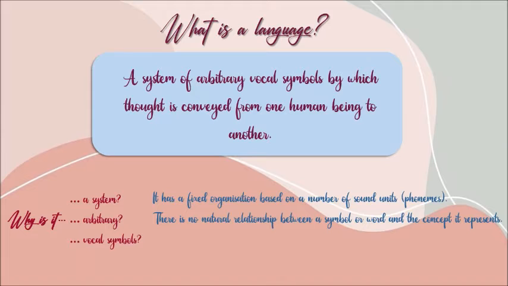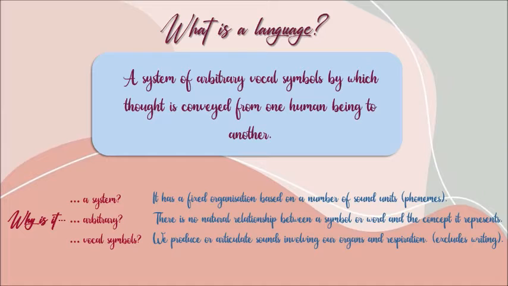Why is it of vocal symbols? Because we produce or articulate sounds involving our organs and respiration. And this also excludes writing, which is secondary, it is quite ambiguous, it is very wide, and it does not represent exactly what language is. It is an abstract representation in a written form, but it does not take into account all of the aspects